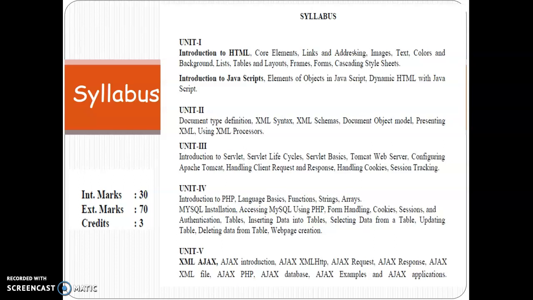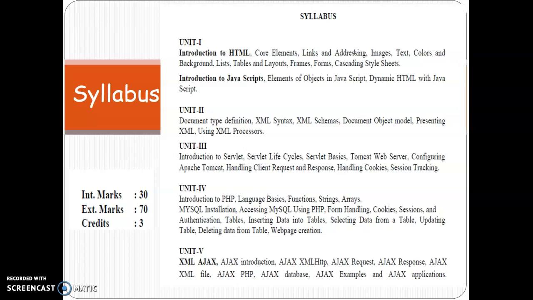And then we go with servlets. Servlets are server-side Java programs. These handle the complex requests obtained from the clients.